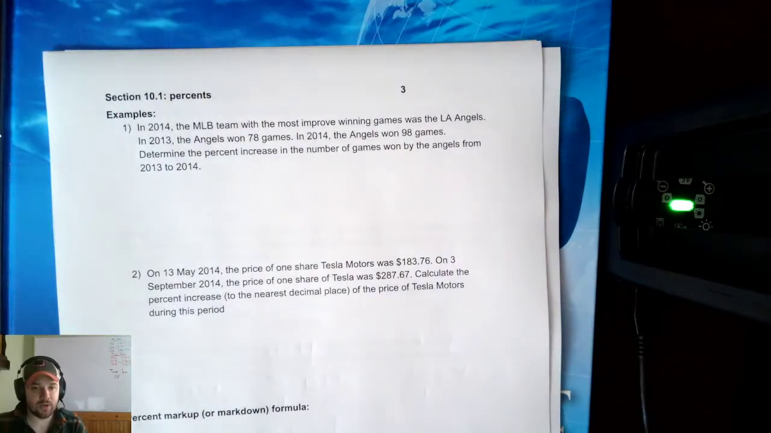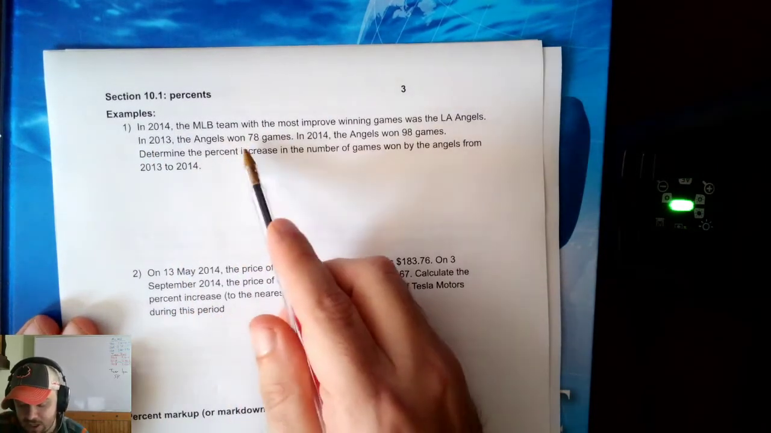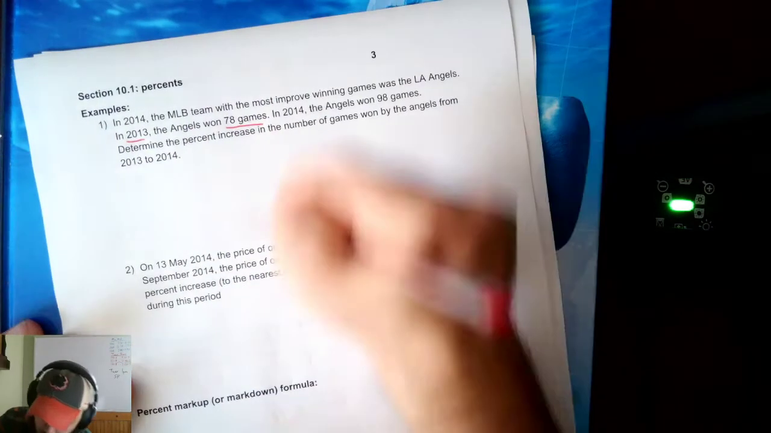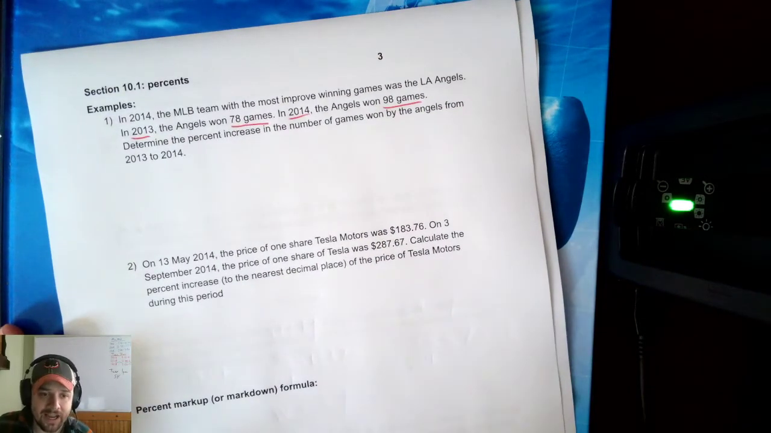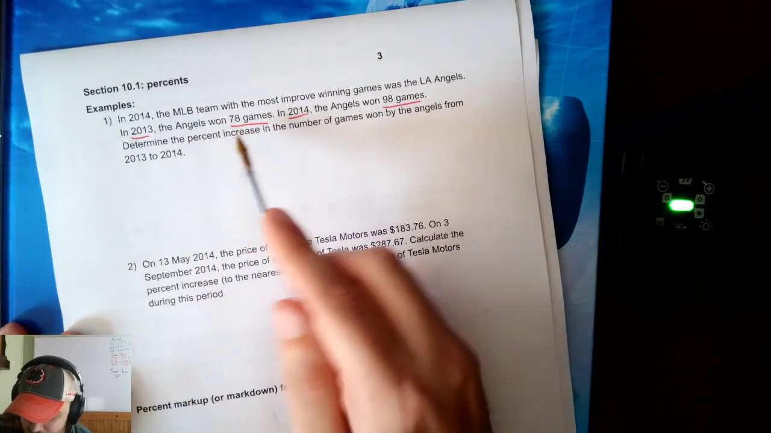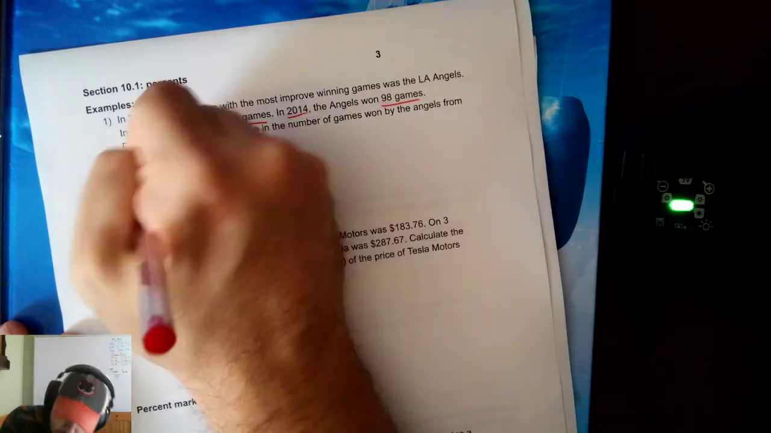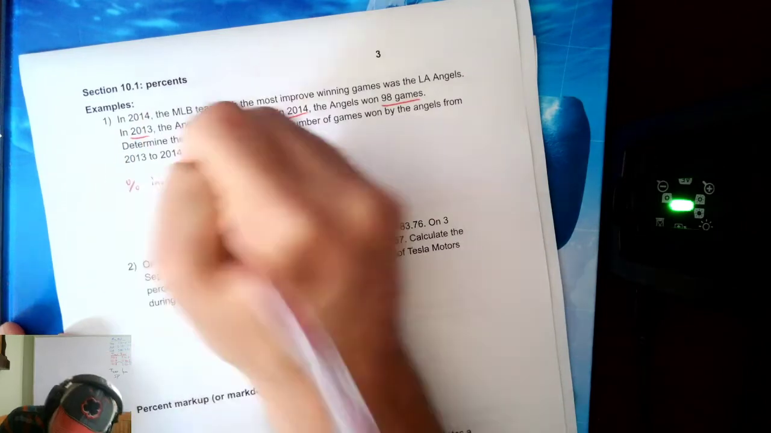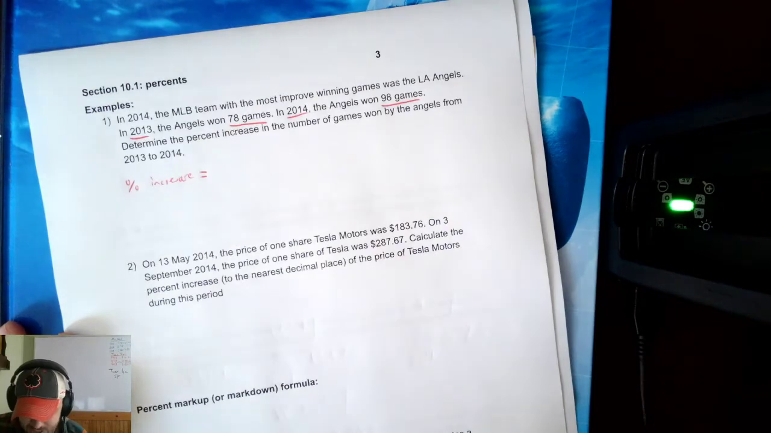Let's see here. In 2014, the MLB team with the most improved winning games was the LA Angels. In 2013, the Angels won 78 games. So I have a measurement here. In 2014, the Angels won 98 games. So it's important to notice the times, because I want to determine the percent increase in the number of games won by the Angels from 2013 to 2014. So I'm looking for the percent increase,